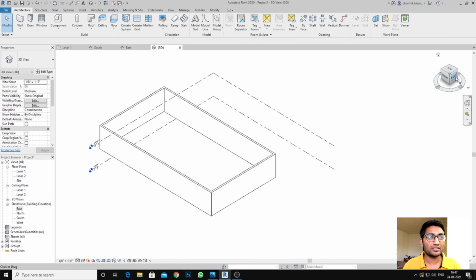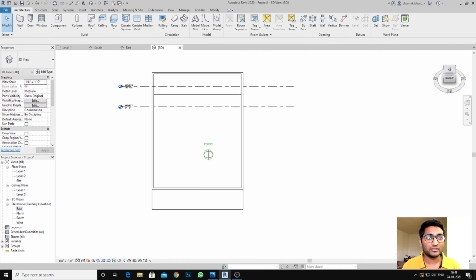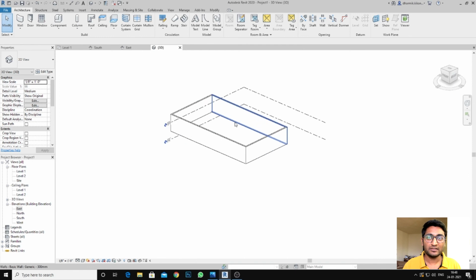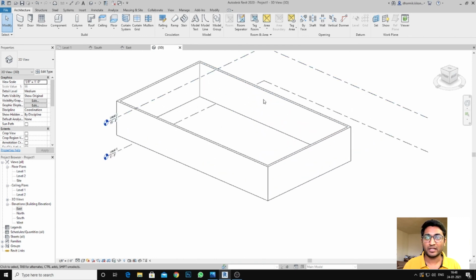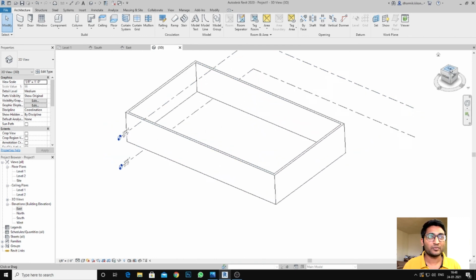And also, as you can see, on the right hand side corner you get one box with the north, south, east and west directions. Once you click and rotate, you can see it like that. So that is the simple way to create your wall, and you can see it from the different viewports.